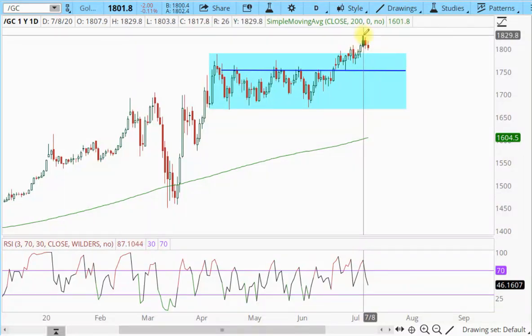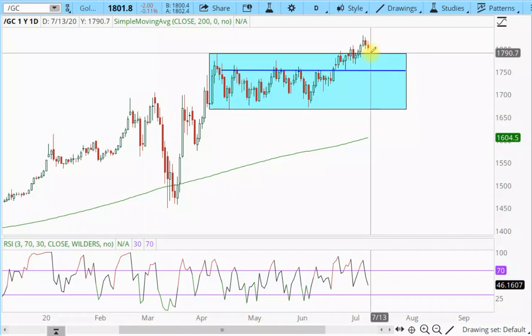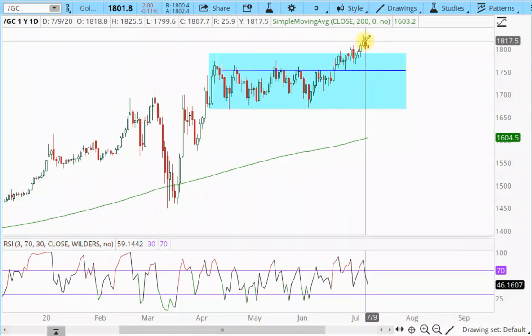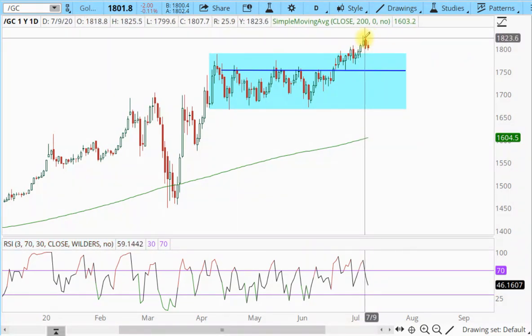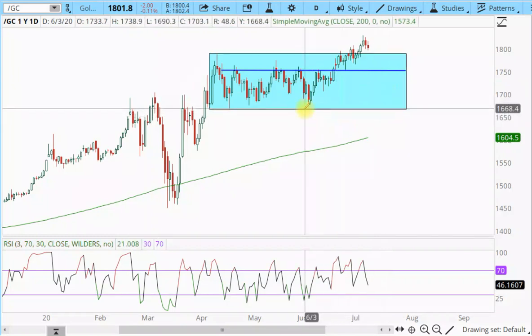I know they are. They're going to try and turn this back down. They're still stuck in that short position. I just don't know whether they're going to succeed in stopping this breakout. I'd say maybe 40% chance that they're going to succeed in stopping this breakout, and this turns out to be a bull trap, a false breakout that then comes back down, breaks the 1750, and I think we're probably not going to go